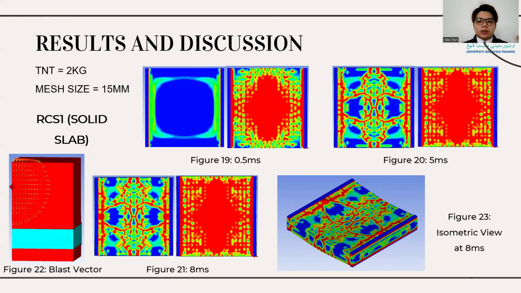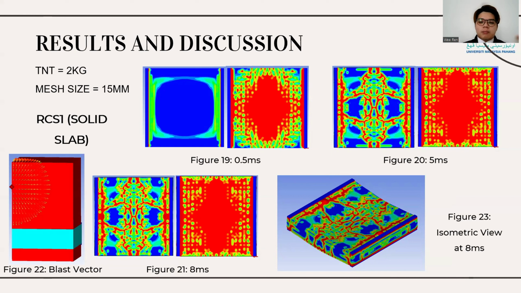In Figures 21 and 22, cracks are detected at the center area and expand to both the left and right sides of the slab, caused by the intense pressure generated by the explosion and the friction force. Damage at the top of the slab is lower compared to the bottom because the initial explosive-generated compressive wave first reached the slab's top surface, then propagated to the bottom and transitioned into a tensile wave.